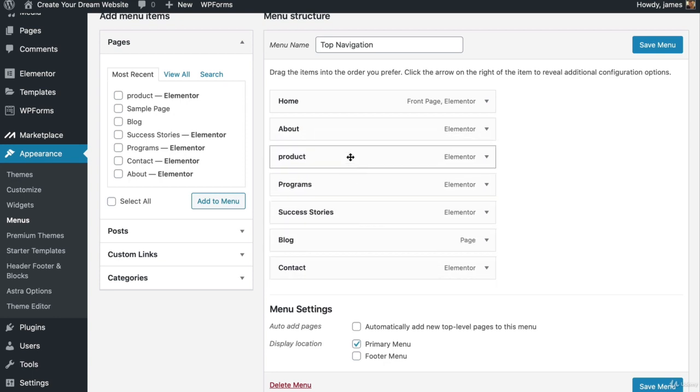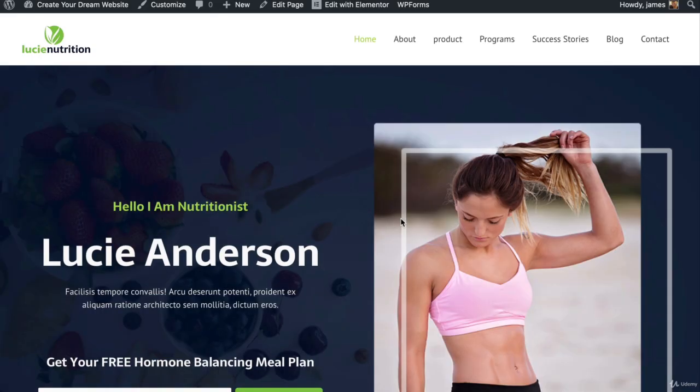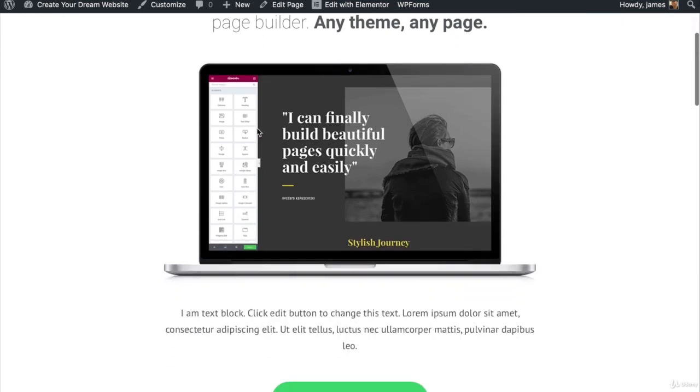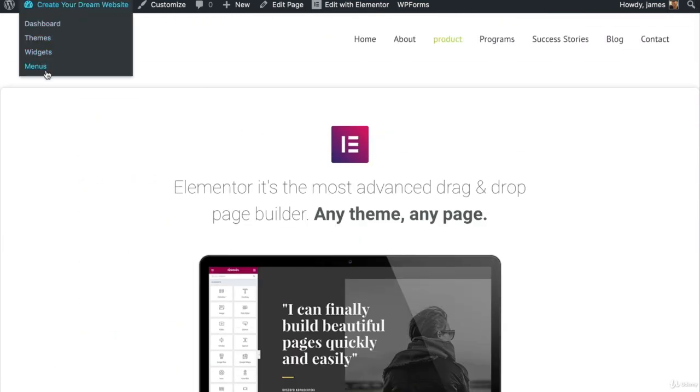Pretty cool, right? Now say if we didn't want it, let me just go ahead and save the menu and show you what this looks like. Now we can head back up here and take a look. There it is. There's our product page. Awesome, right? So if we head back, go to menus,